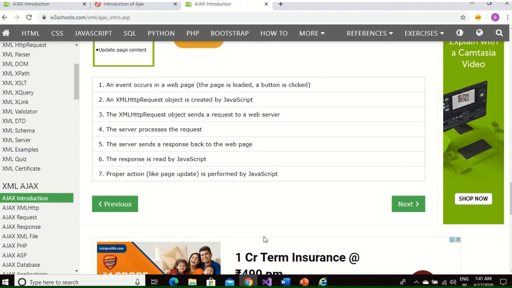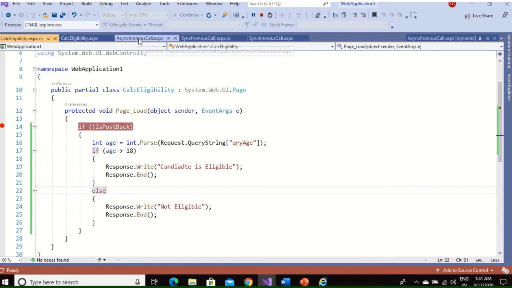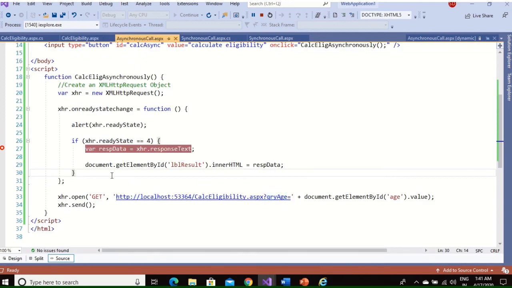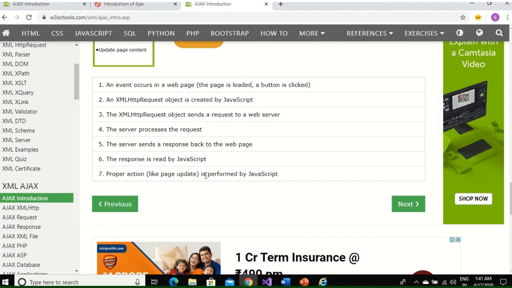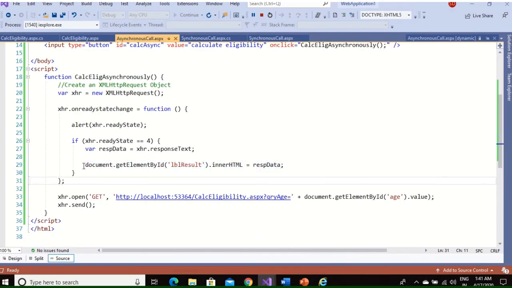Then the response is read by the JavaScript. The response is read by the JavaScript here. Variable response data equal to this is the response reading. Okay, we read the response and we set the value here. Proper action like page update is performed by JavaScript. Page update is this one. We are updating the value inside